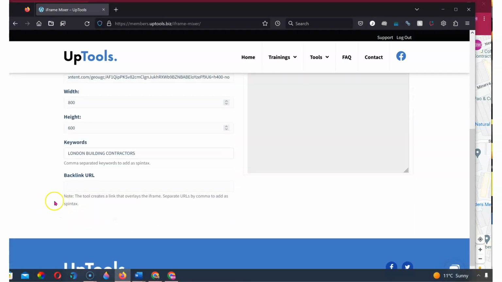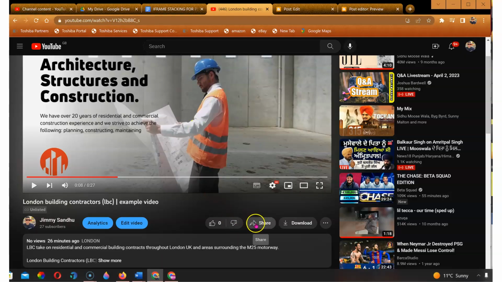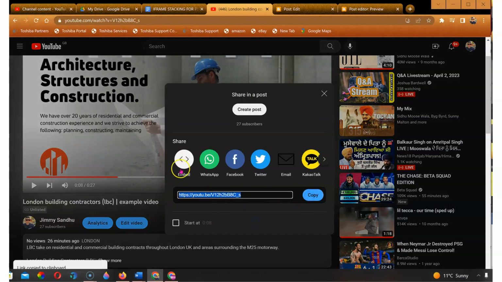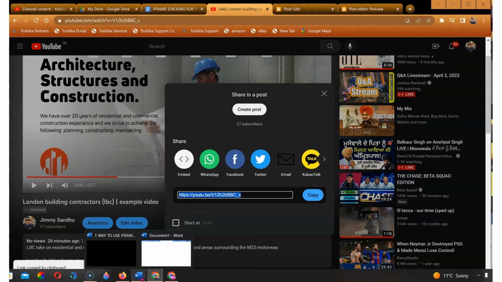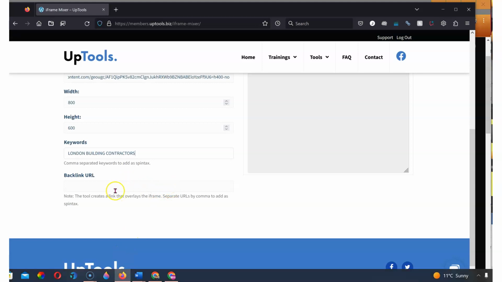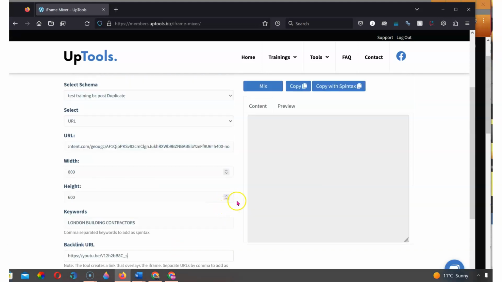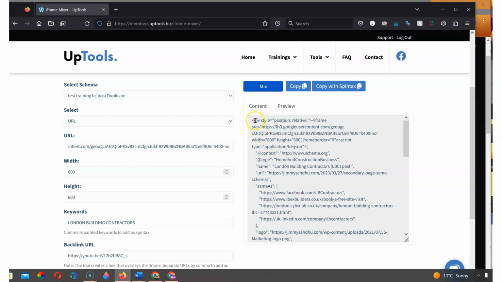Add my keyword, and now I will add a link back to that same video on YouTube that we created via the share link. Like I said, the share link I use the most because it's there to be shared. So, you know, to me it doesn't look suspicious if it's being shared all over the place, okay, all over the internet. And then if we hit mix, we've got our code,